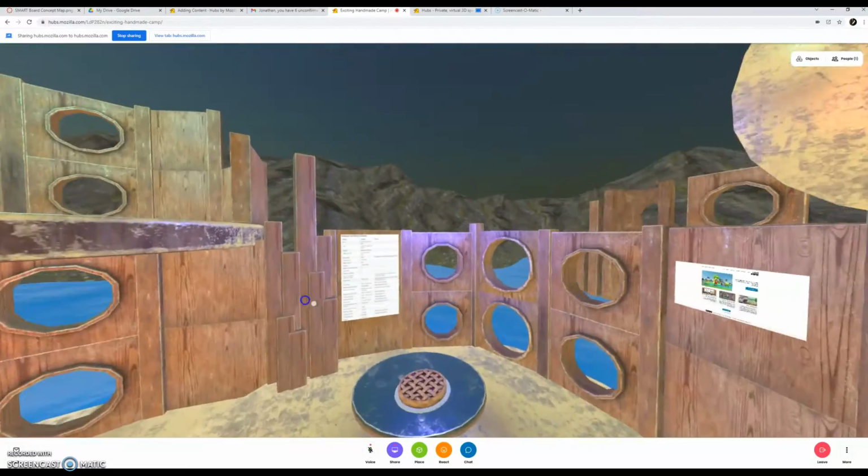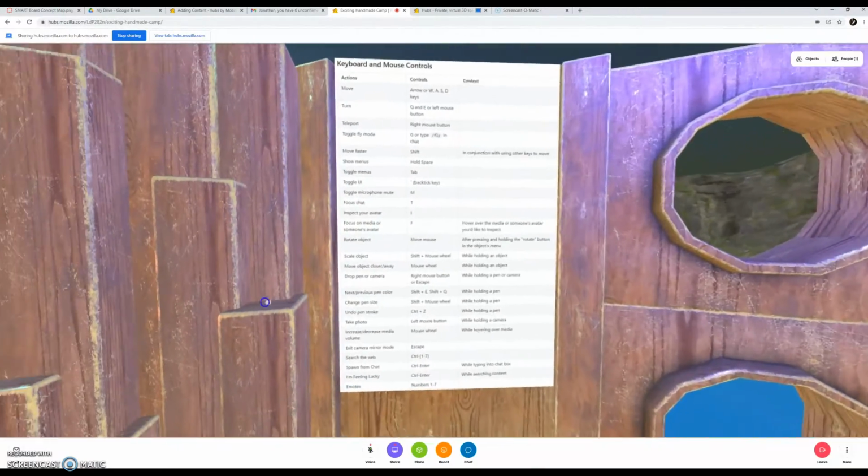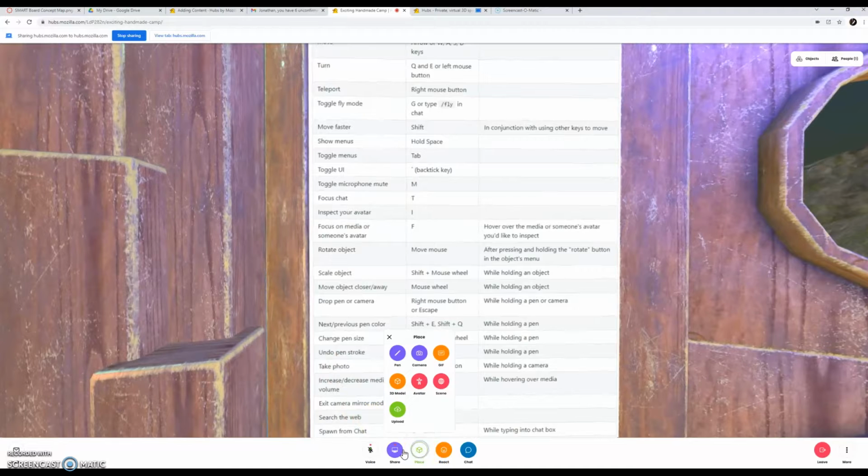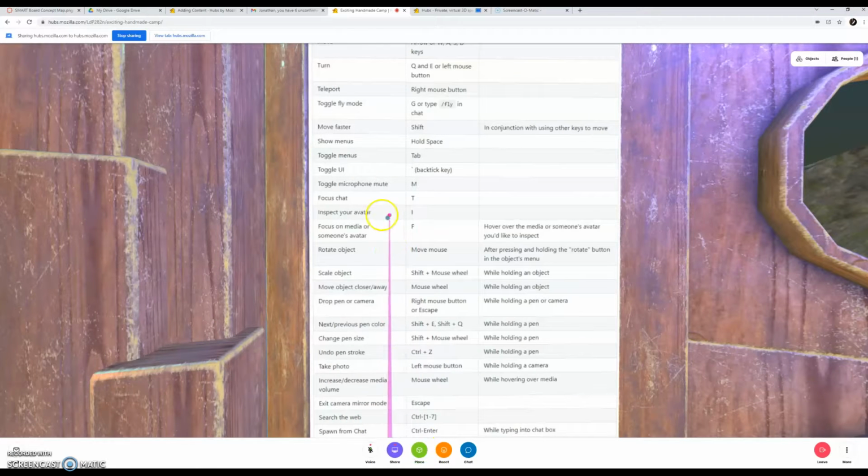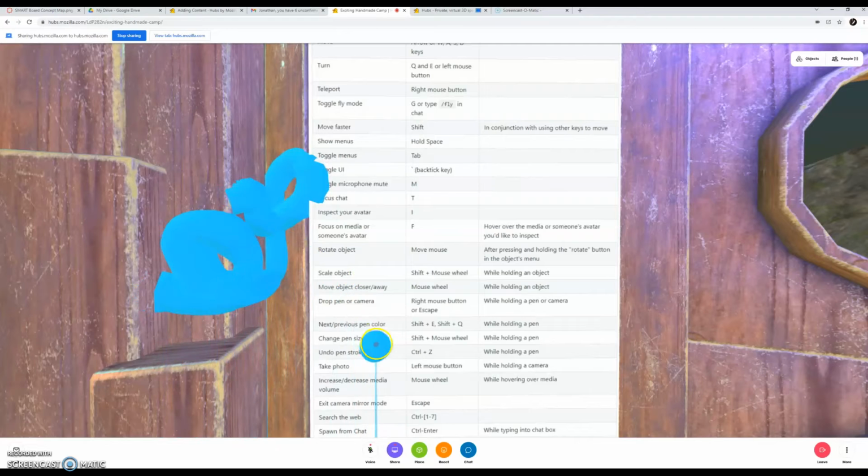Another thing I wanted to show is the pen tool. That would be under Place and Pen. As you can see right here, there's pen, change pen size, pen color. So Shift E is going to change the color of my pen, and then Shift mouse wheel is going to change the size. And you can see that it actually renders in a 3-dimensional way here, which is pretty cool. But I don't want it that big. So here's how that works. Shift E again is going to change the color,